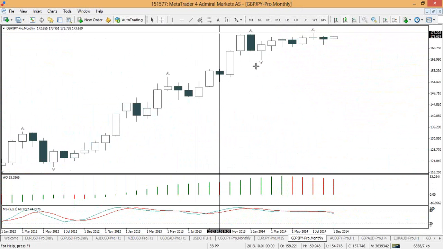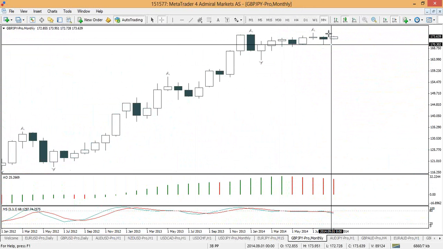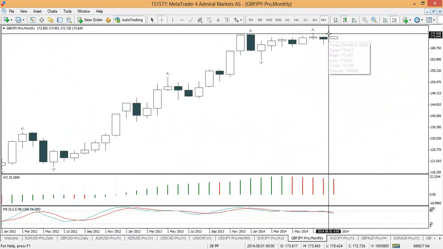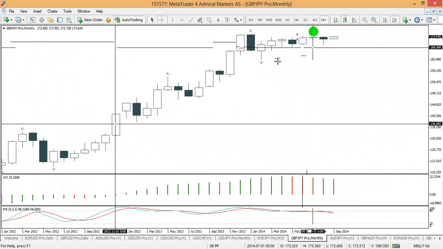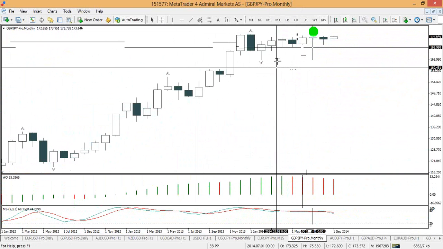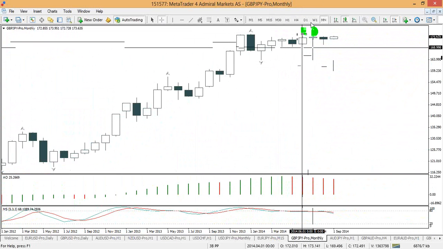But 1, 2, 3, 4, 5, 6, 7 months sideways, although we had, technically speaking, a higher high in July. These monthly candles obviously are very small for the pound yen compared to other months. Very indecisive, most of them. Not much really to say on this monthly chart,